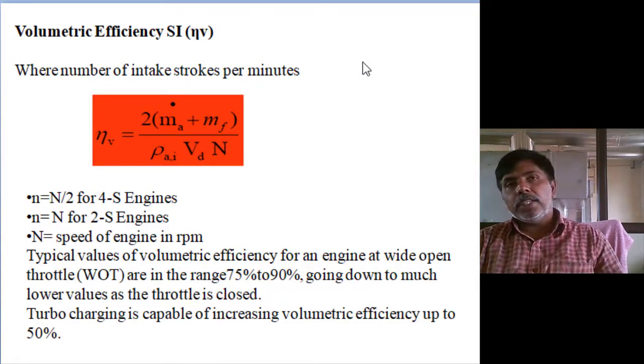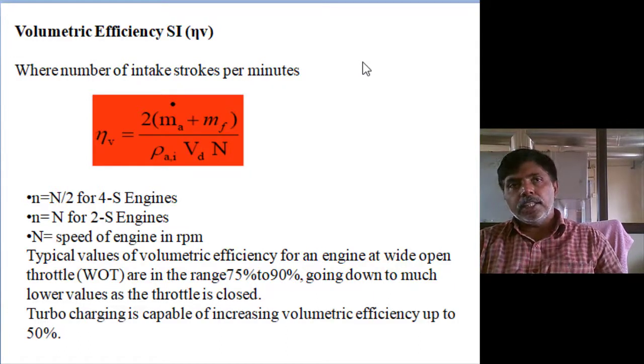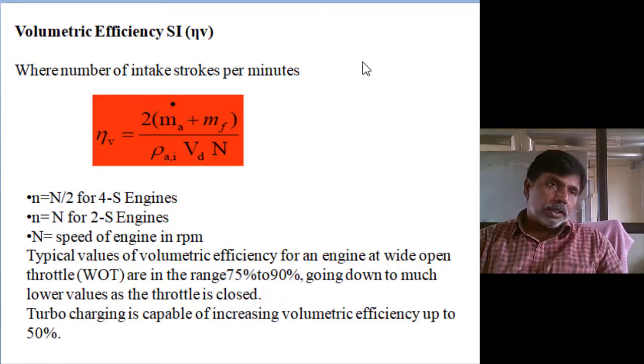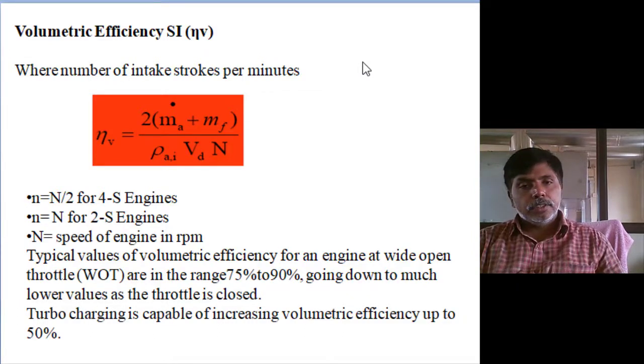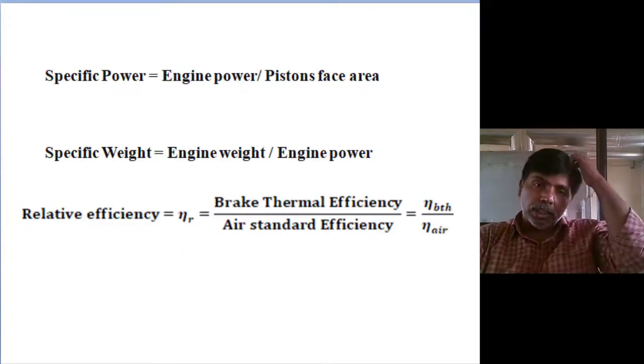Using waste heat for supercharging, we call them turbocharged engines. The exhaust gas has some pressure. By using that exhaust gas pressure we run a turbine. The turbine's other end is connected to the compressor, which compresses the inlet air. So indirectly we are using waste energy for compressing the induced air. Efficiency enhancement also takes place, and we reduce the delay period, which leads to reduction of the knocking tendency. So only CI engines have high volumetric efficiency, more than 50% excess air we can induce inside the cylinder.